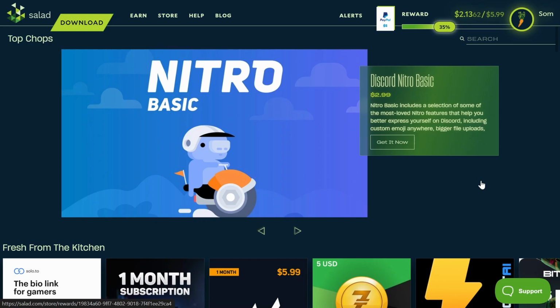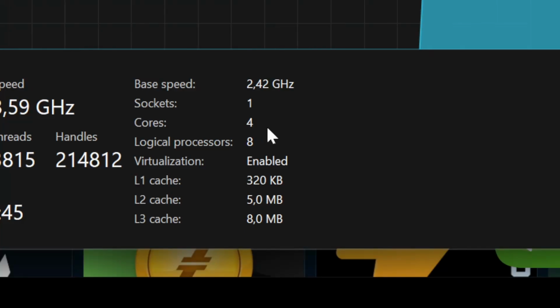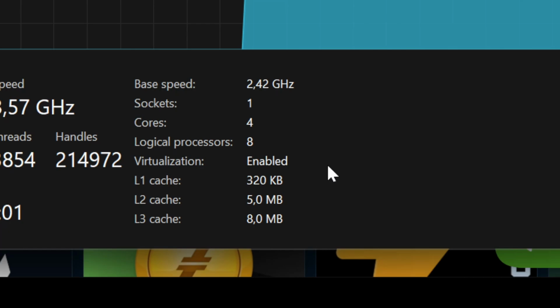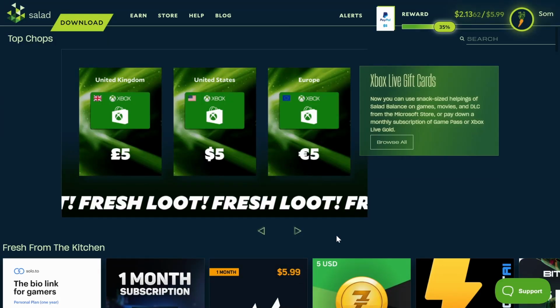And keep in mind that you need to have virtualization enabled for this to run because it actually downloads a Linux distro on your computer and runs the miner through that. You can go over to the command prompt to see if virtualization is enabled, and as you can see for me here, it is enabled. If it's not, then you can go over to your BIOS, and that's going to look different for the computer or PC that you have. So I recommend you just search up how to enable virtualization with your computer. And when you've done that, then you're ready to use this